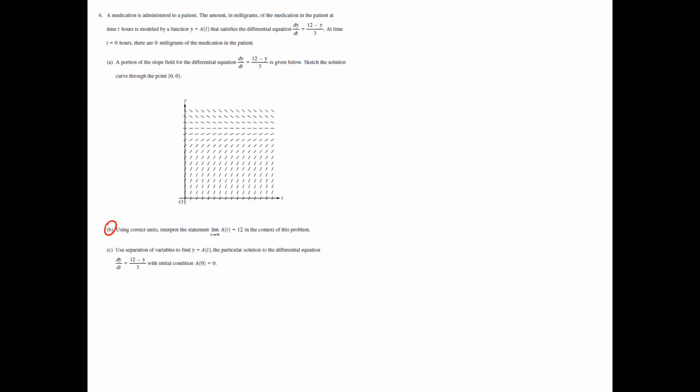With question B, it says, using correct units, interpret the statement that as t approaches infinity, A of t equals 12 in the context of this problem. So here is t. As t goes to infinity, what you notice about the milligrams in the patient is that it is going to be at 12 milligrams. So you could start by saying as the limit as t approaches infinity, A of t is equal to 12 indicates that as the number of hours approaches infinity,